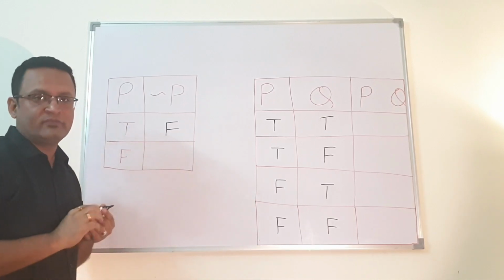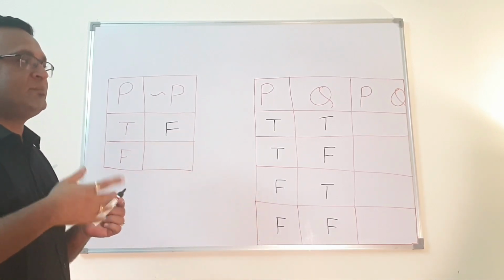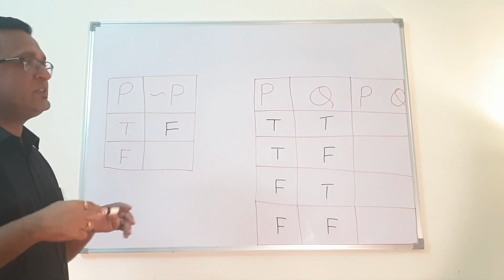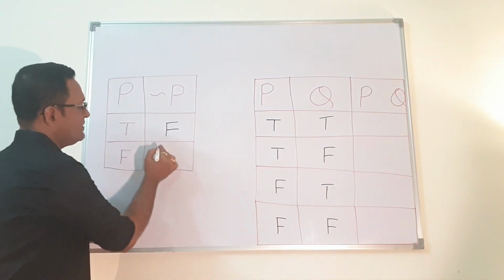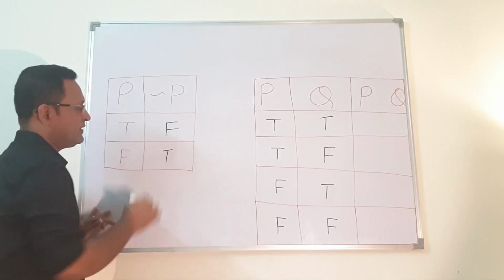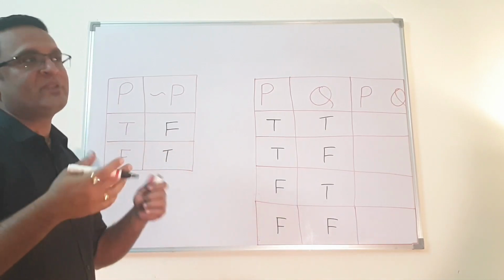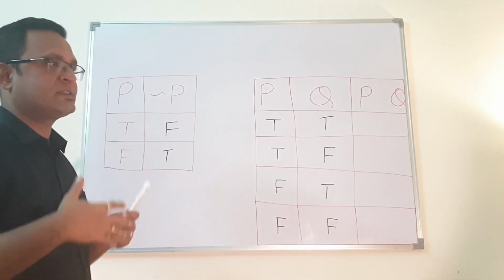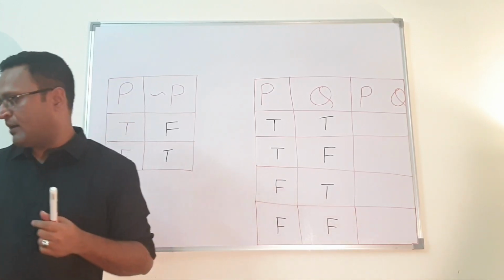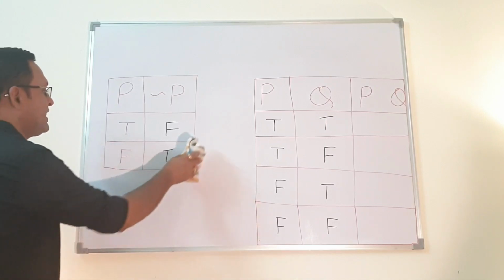This is quite clear with the understanding that if a statement is true, then the negation of that statement is going to be false. And if a statement is false, then the negation of that statement will be true. So this is the simplest table, and there is nothing much to discuss or understand about it. So I remove this table